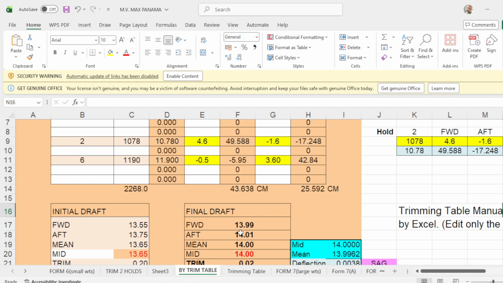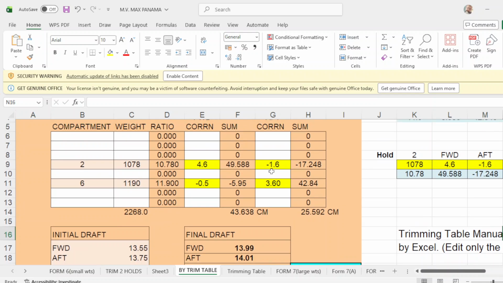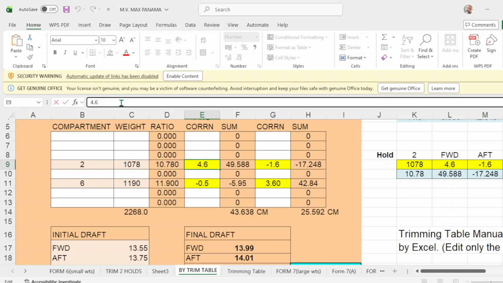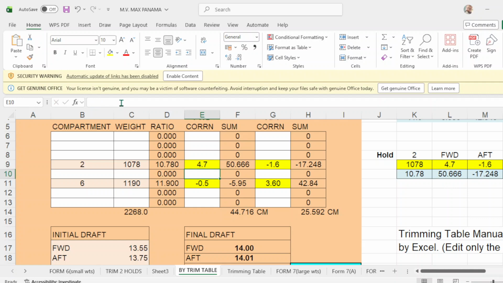What I'm trying to emphasize here is you can adjust this forward and up correction. Okay, you can adjust the forward and up corrections. Do not be afraid because these are only assumptions. What we're trying to do is put it to the exact point where it should be. Now, since our drop forward is 13.99, we adjust this a little bit. We'll make this 4.7, and take note that the drop now is 14 meters. So it's just a little adjustment here.